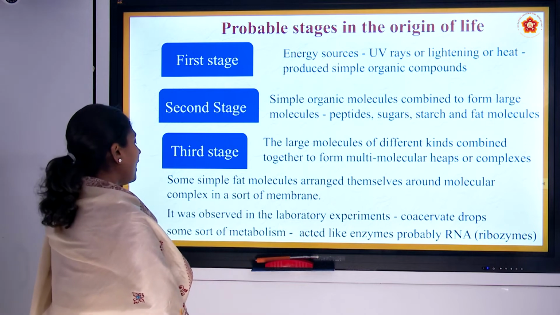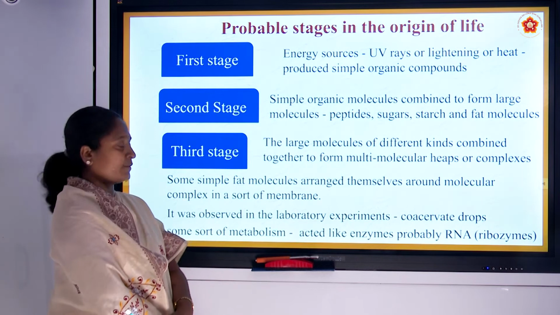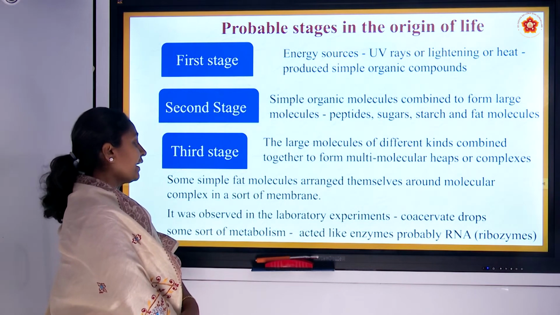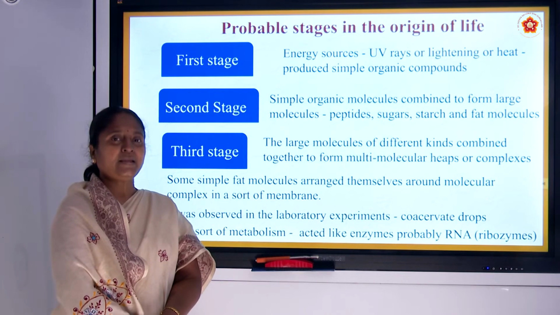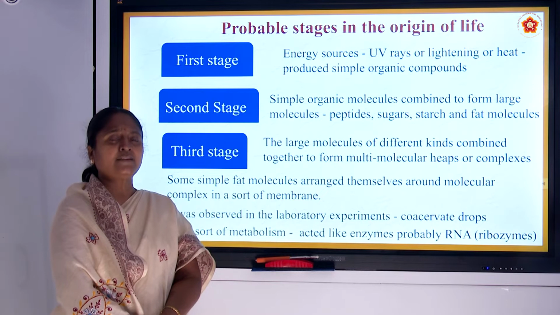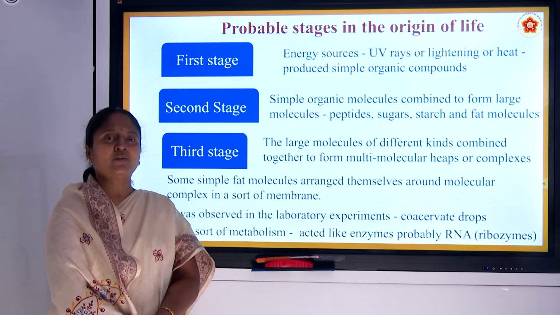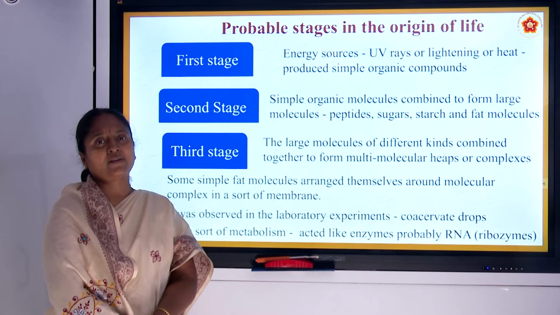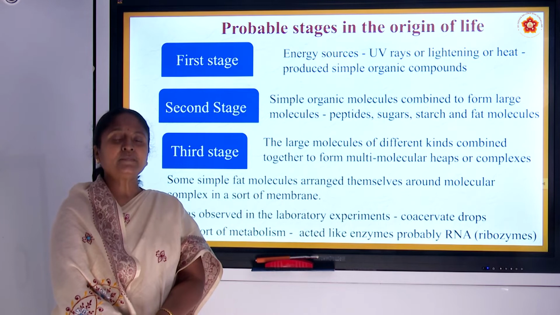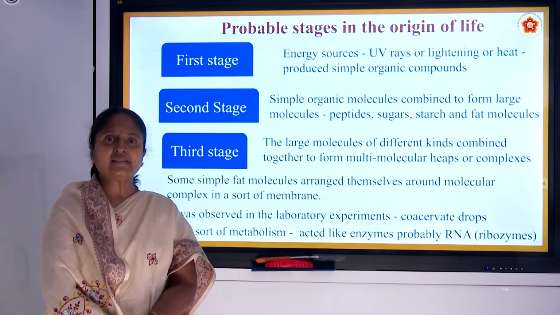And some of these compounds which started forming in this period had a capacity to do metabolism. Metabolism means they tend to create some chemicals and tend to break down some chemicals. So, origin of some chemicals and breakdown both is possible. Anabolism and catabolism both are possible. Because of catabolism, it started releasing energy. When a compound breaks down, it releases energy.